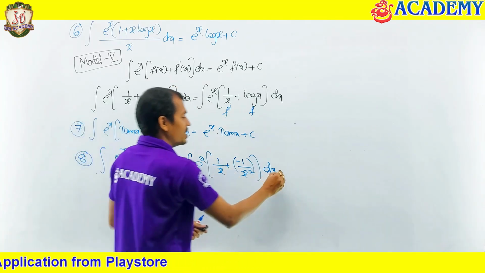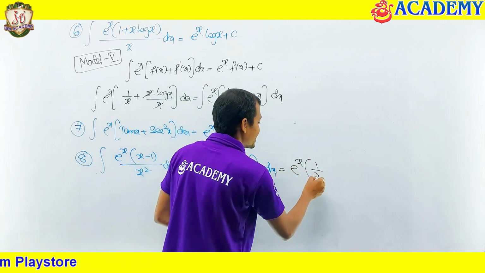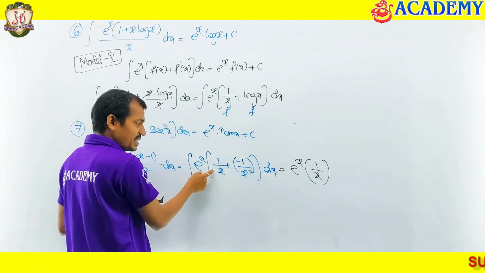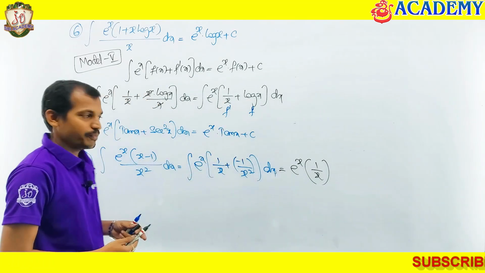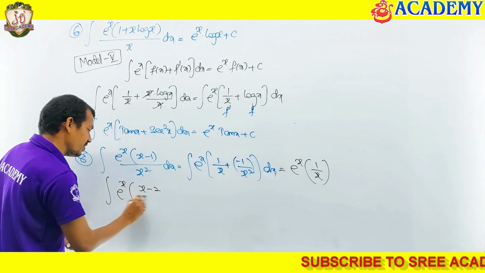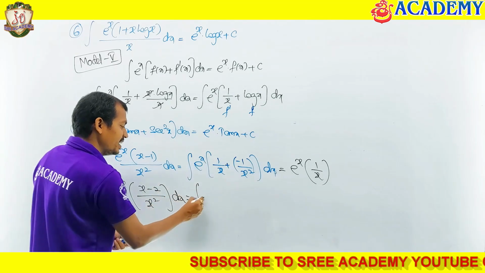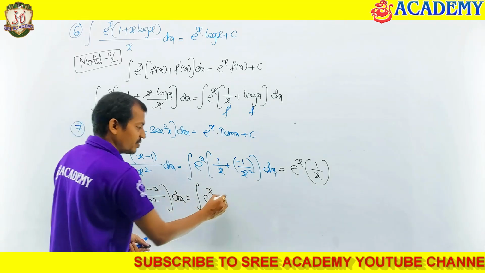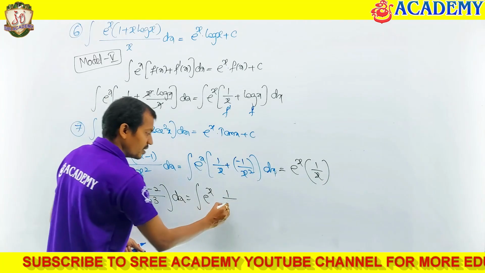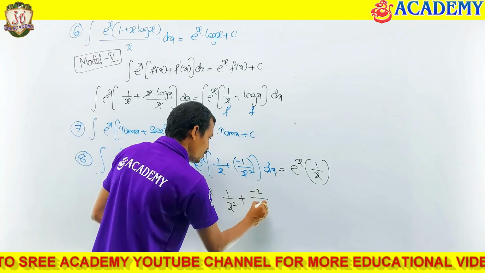With that, the answer is going to be e power x into f of x, which is 1 by x. Here see, log x derivative is 1 by x, 1 by x derivative is minus 1 by x square. Same thing I am writing: e power x into x minus 2 divided by x cube. I am writing directly here, that is integral e power x into x by x cube, this is not square, 1 by x square plus minus 2 by x cube,